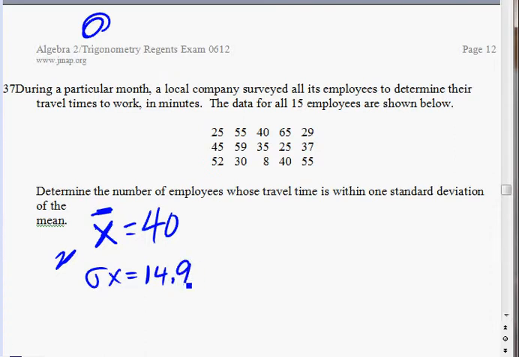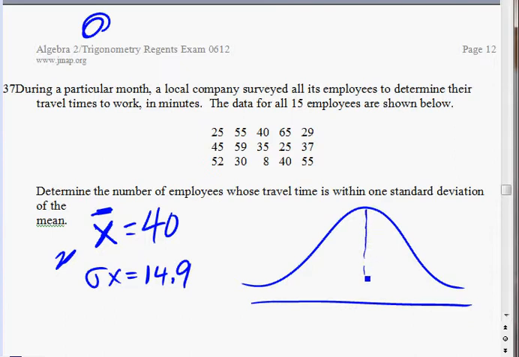Alright, so the average is 40, right? And let's take a look at the standard deviation again. I believe it is 14.9. And how standard deviation looks is based on the normal distribution. It looks like a bell curve, something like that, right? The average is 40. One standard deviation away is over here, on the left and the right. What this means is, to get the number for one standard deviation away, you need to take 40 and